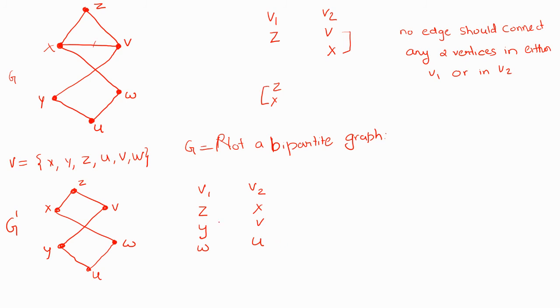Yes. This together covers all the vertices, with V1 union V2 equals V, and again V1 intersection V2 equals phi, and again every element in the edge set connects one element from V1 to another element from V2, and again there is no internal connection within the sets V1 and V2. Therefore, we can say that this graph G dash is a bipartite graph.